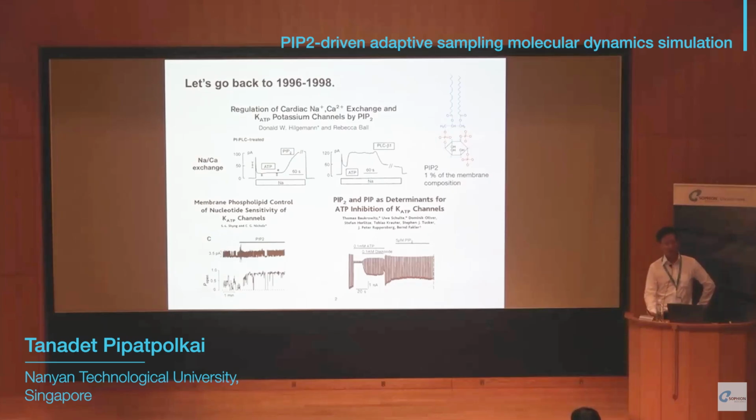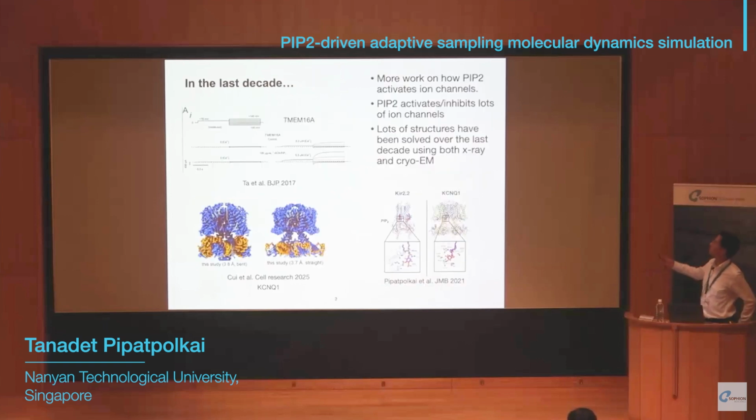So what we get here is that PIP2 has been shown to activate KATP channels, and we have known that for a long time using electrophysiology. Now, taking from that time back to the present day, we have many more works, and it's not just KATP channels now, but we have used PIP2 to study the activation of other families of channels by using the diC8 PIP2. Also, some people have been getting lots of structures of ion channels with PIP2 bound,